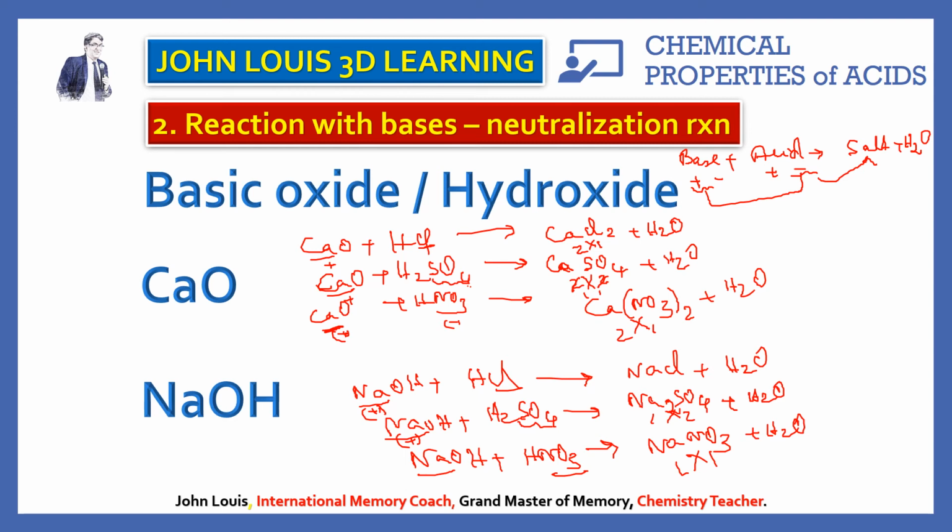If you got all correct, that means you got your basics correct and your thinking correct. You are able to think and derive the answer rather than rote memorizing it. There is nothing to memorize in chemistry if you master the symbols, valencies and how to balance the equation. So here we understood that an acid can react with a base to form salt and water. The base can be a basic oxide or a metal hydroxide. We have taken calcium oxide as an example for a basic oxide, and for hydroxide we have taken sodium hydroxide. We have taken all 3 mineral acids as examples. I think there is nothing more for you to learn.